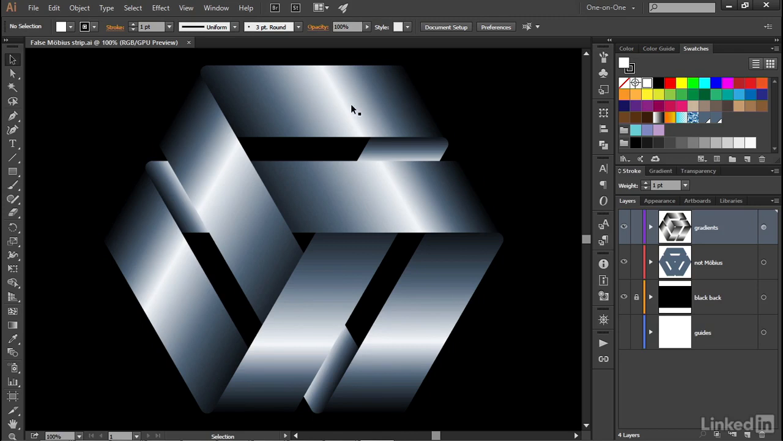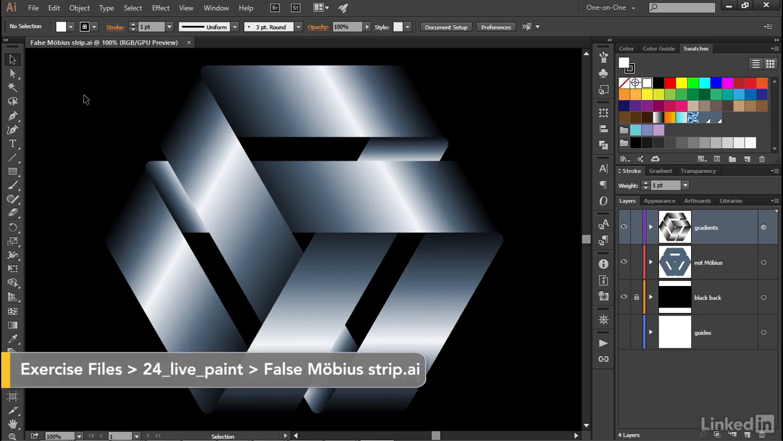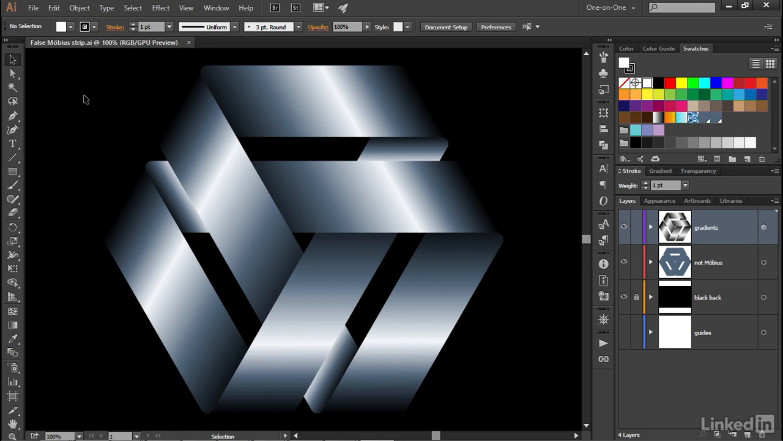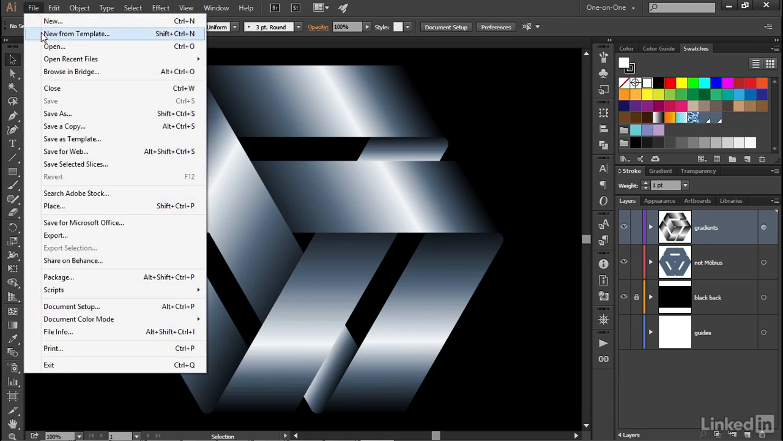In this movie, I'll show you how to build up the base path outlines required to create this continuously overlapping ribbon using a combination of a hexagon, an object blend, and the rotate tool. So I'm going to start things off by going up to the File menu and choosing New From Template, or